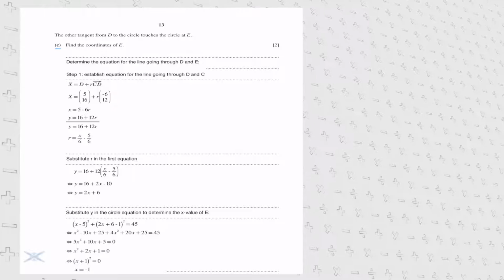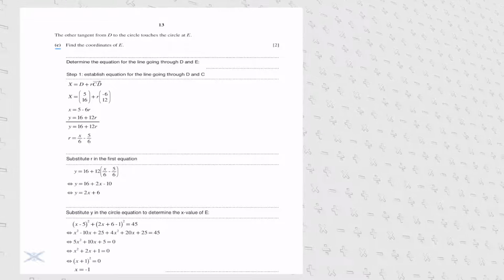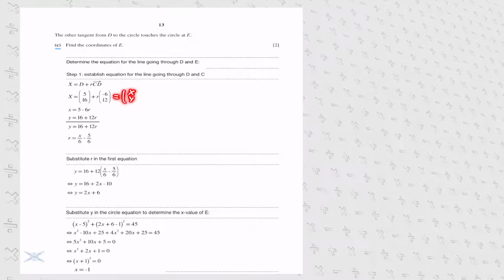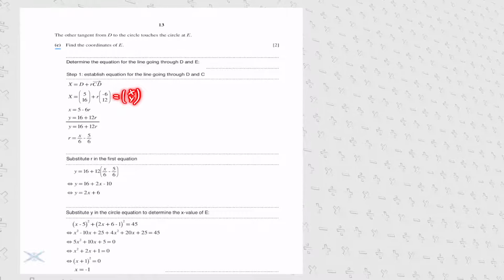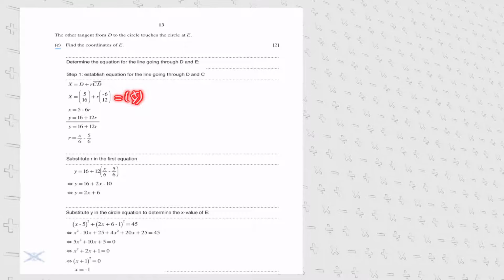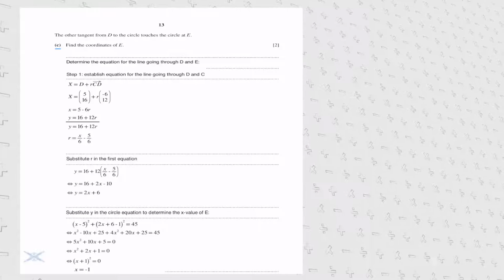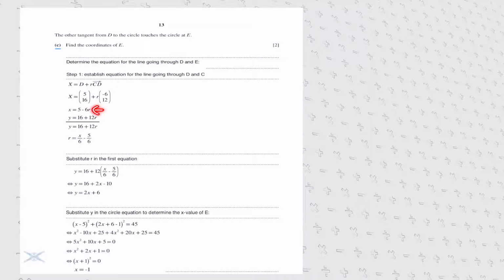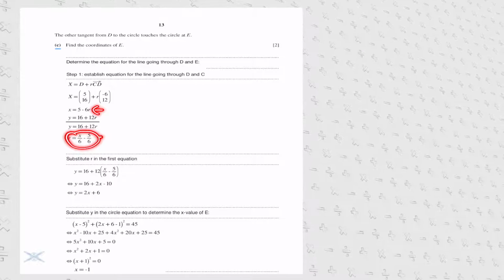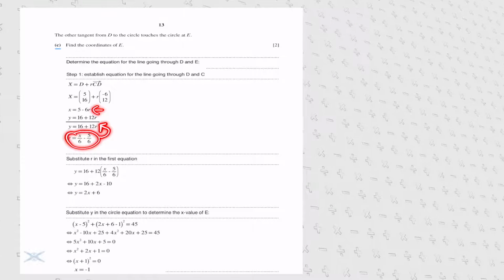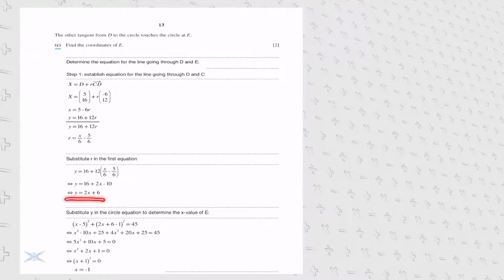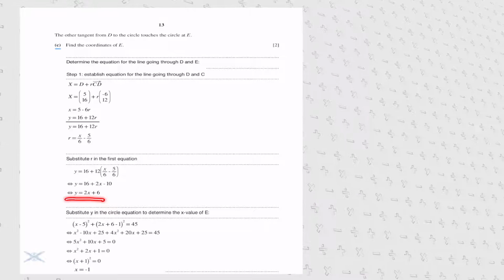This is achieved by setting up a system of equations, keeping in mind that capital X is nothing but a representation of (x, y). Thus we can set up the system of equations of x equaling 5 minus 6r and y equaling 16 plus 12r. Now we will rearrange the first part of the system of equations for r and then substitute the expression x over 6 minus 5 over 6 for r in the second equation. Rearranging this equation lets us conclude that the Cartesian equation for this very same line can be expressed by y